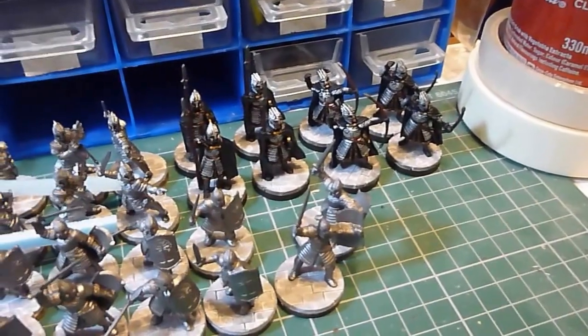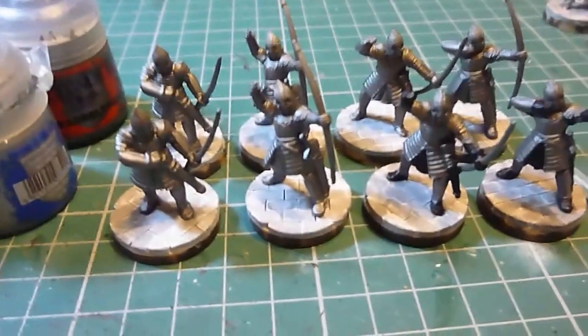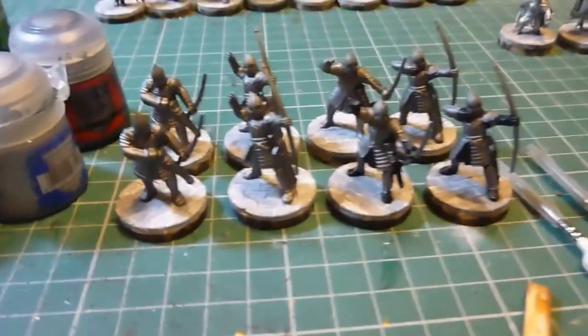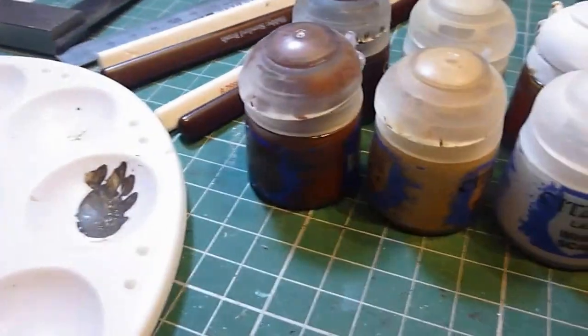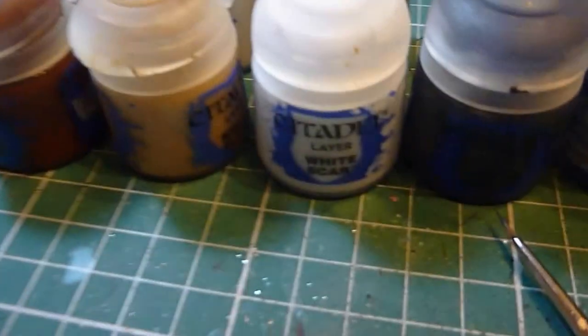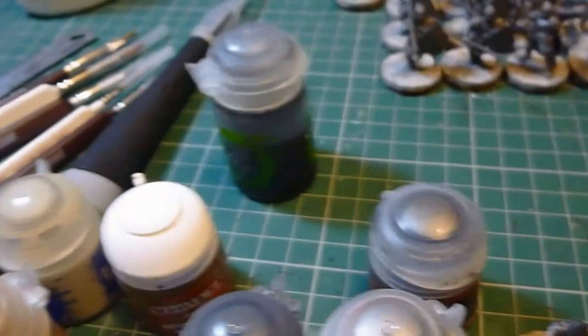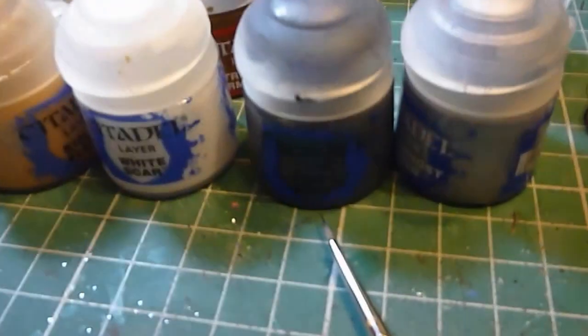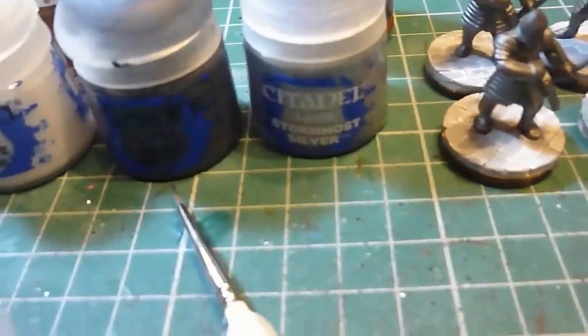So, like I said, after finishing my Citadel Guard, started working on these 8, just adding all the black in, and it's going to be exactly the same process as these guys. It's going to be Abaddon Black, with obviously the Lead Belcher base spray, Doomball Brown, Kislev Flesh, Shabty Bone, White Scar for the eyes, and Retributor Armour, and then Eshin Grey highlights, Retributor Armour highlights again. And that's about it. Maybe a little bit of Shabty Bone highlights, and then Stormhost Silver to get that